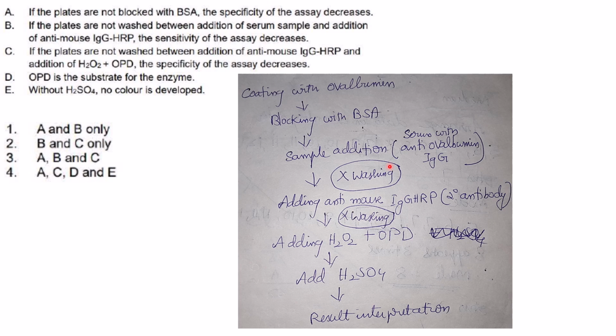Yes, this washing is required to remove any unbound antibodies. I told you there may be certain antibodies which are freely floating in the solution that you have added, which are not bound to the antigen. So here it is unbound anti-ovalbumin IgG,